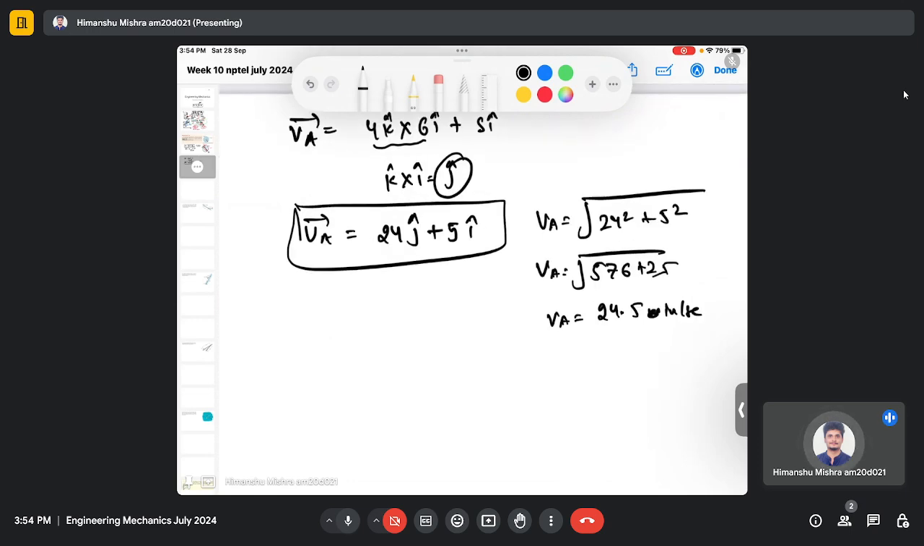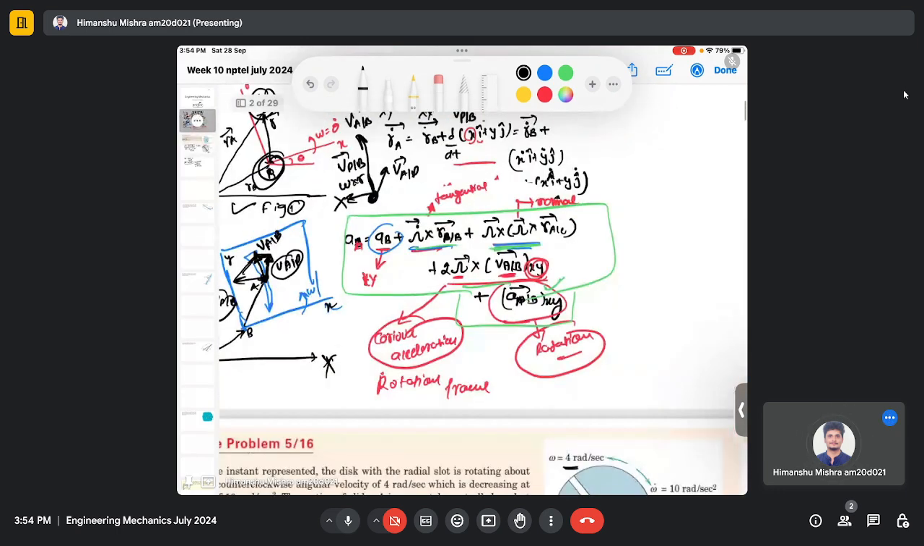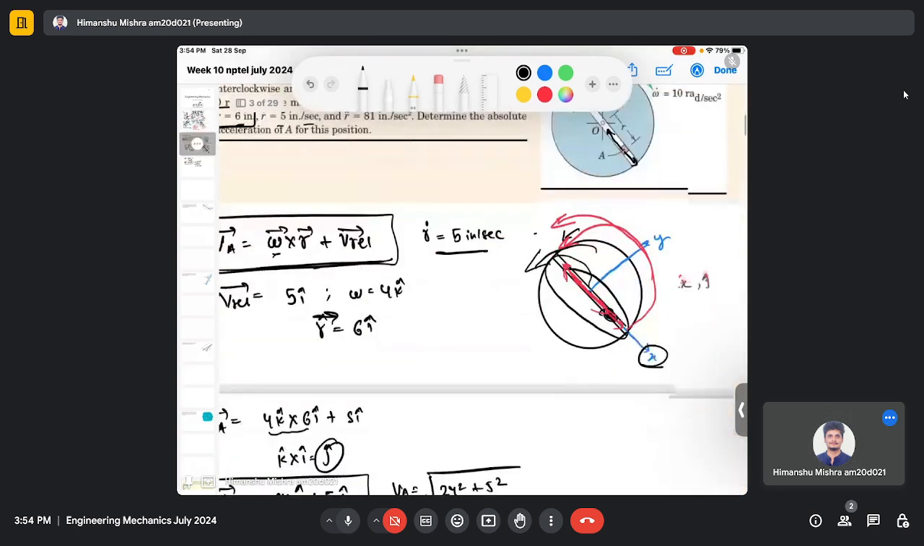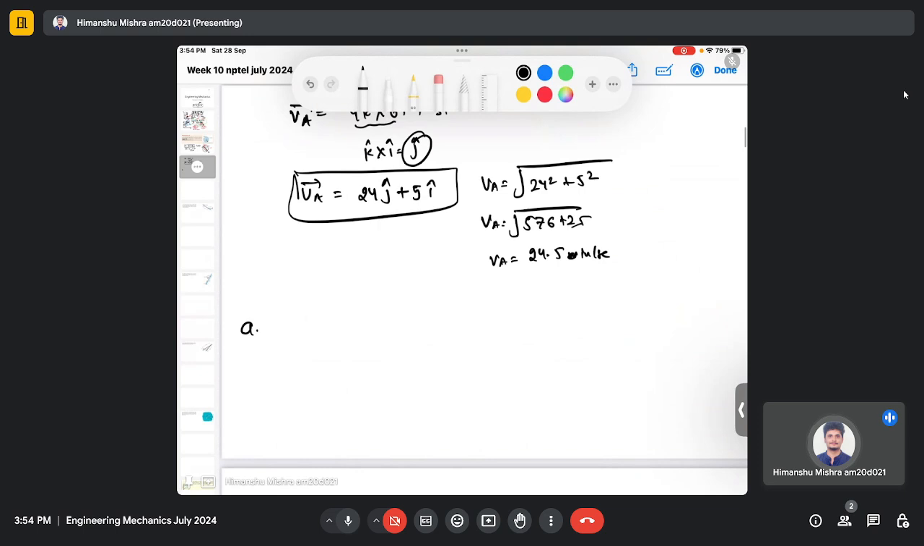Now we need to find the acceleration. The expression for acceleration is already given here. Again, there is no contribution from this term because there is no acceleration at this point B. There is no point B at all. So my acceleration expression will be omega cross, r plus omega dot plus r cross plus 2 omega cross plus